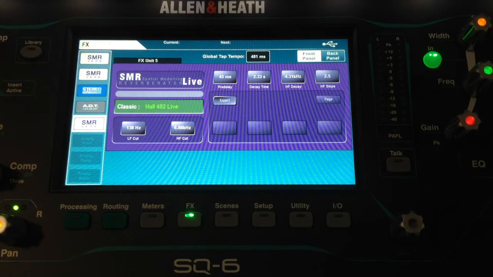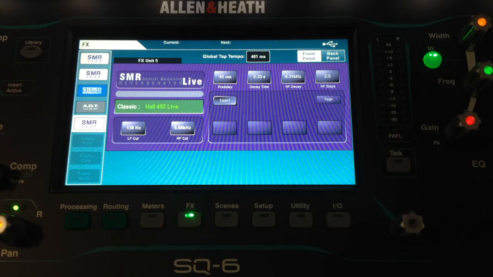And so in the long-standing tradition of YouTube videos on audio subjects, I shall have poor quality video and poor quality audio in order to describe the Allen and Heath SQ6 and some of its features. The one thing I'm going to be looking at this time is the